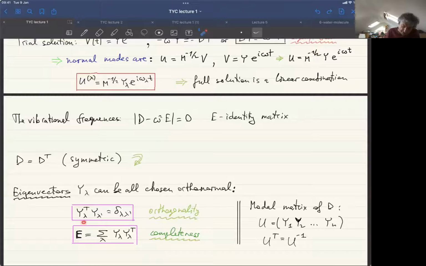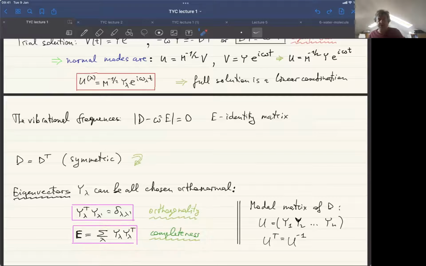But if lambda and lambda prime are different, then the dot product will be 0. So different eigenvectors of this vibrational problem, different normal modes, would be orthogonal. One can also show another condition,